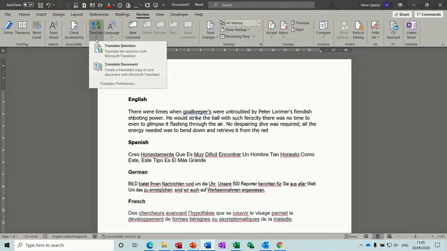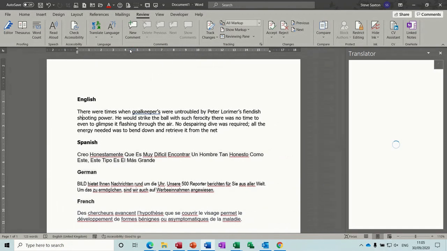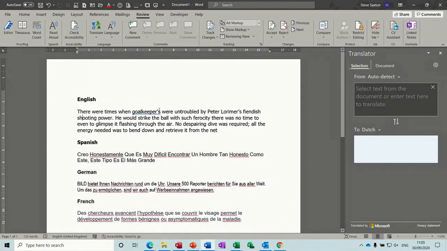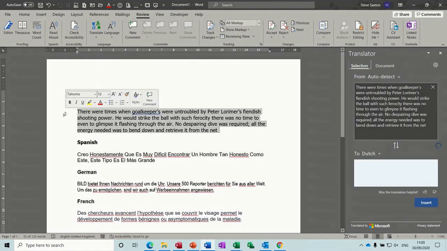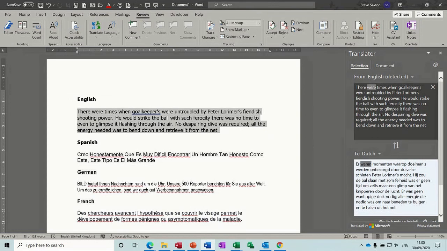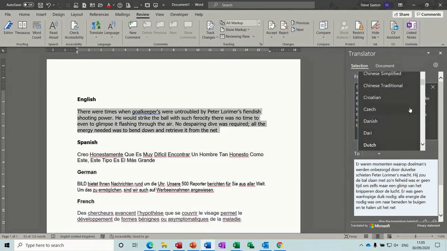You drop the little down arrow there, you can see translate selection. If I click on that, it opens a pane. I haven't got any text selected, so nothing shows until I highlight something. So there's the English text, and as I move my mouse through this English text, at the moment it's selected to Dutch, but if I change that to a different language from this drop down arrow,